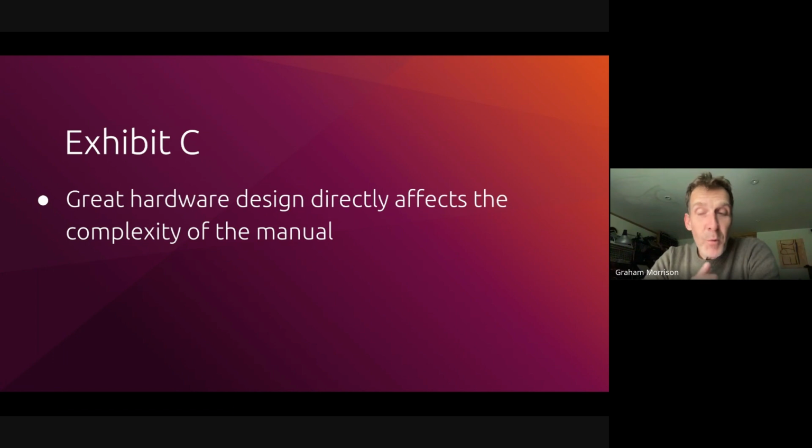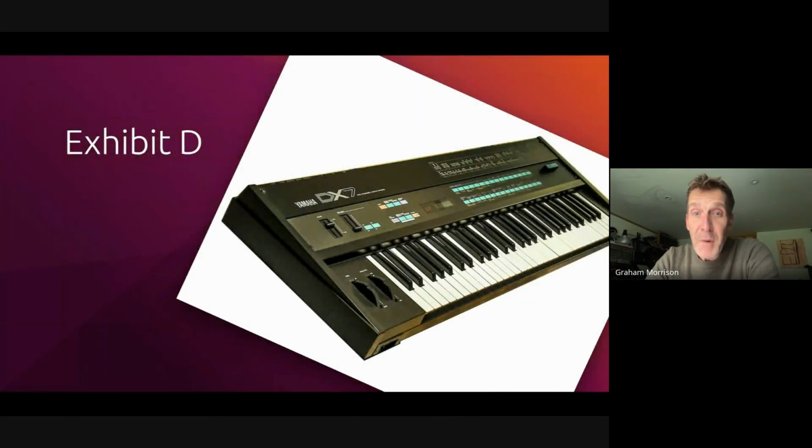So this all changes with the next one, which is the Yamaha DX-7. This is basically the first very popular digital synthesizer. There's no analog components at all. The sound in it is generated from a processor, and it is called frequency modulation synthesis, and it kind of dominated music throughout the 80s. What's interesting about the DX-7 is that it became, in the 80s at least, the biggest selling synthesizer of the time, and I think